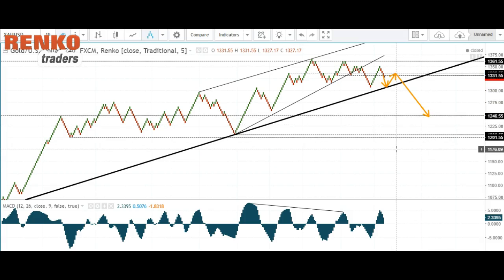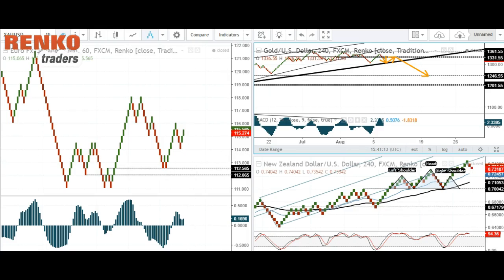So yes, in gold, I'm kind of bearish. I think gold prices could fall towards 1250. If I were to trade gold, I would have a small long position near 1250, and I would have a larger position near 1200, and I would be targeting 1300 and 1400, because within the medium term, gold looks bearish, but over the broader horizon, I think gold is really going to rally. So this is the gold chart. Let's take a look at the